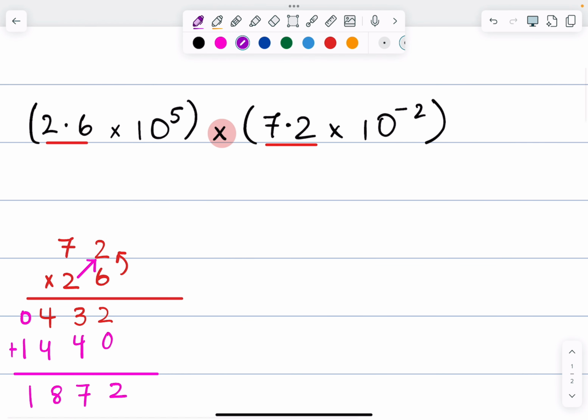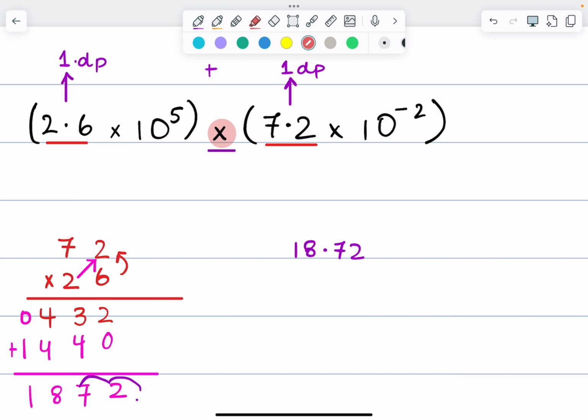What you do is this is about multiplication. Either the number is one decimal place, correct? Okay, so you add the number of decimal places because there's a multiply sign in between. So that means the answer should have two decimal places. So आप अपने answer में 1 and 2 decimal place डाल दोगे. So your answer should be 18.72. Got it? Okay. 10 के साथ तो it's very simple.